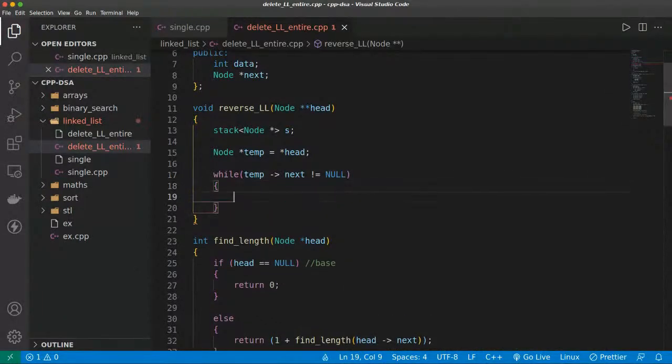So this is just checking whether my temp is the last node or not. This particular line is just checking whether my temp is storing the last node or any other node. Okay,